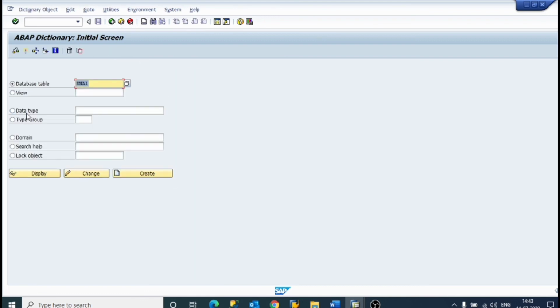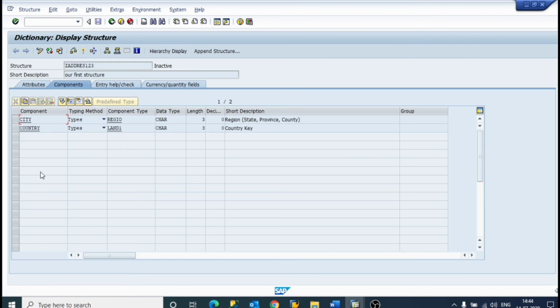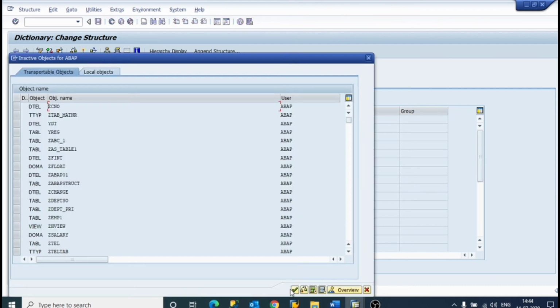Now I will show you how to change a structure. Write the structure name which we have created, display, back, change, for example country1, then save it, check it, activate it.